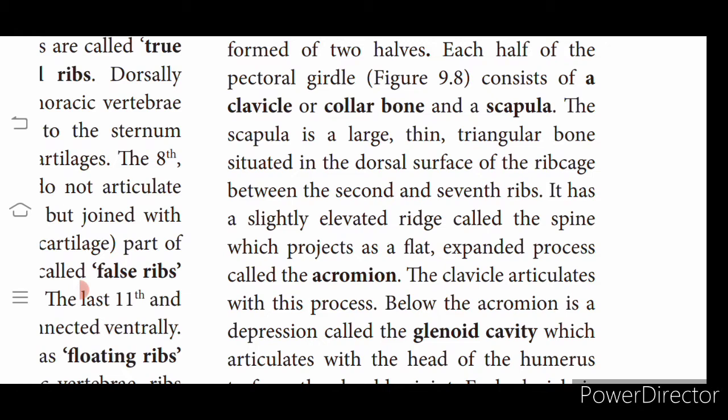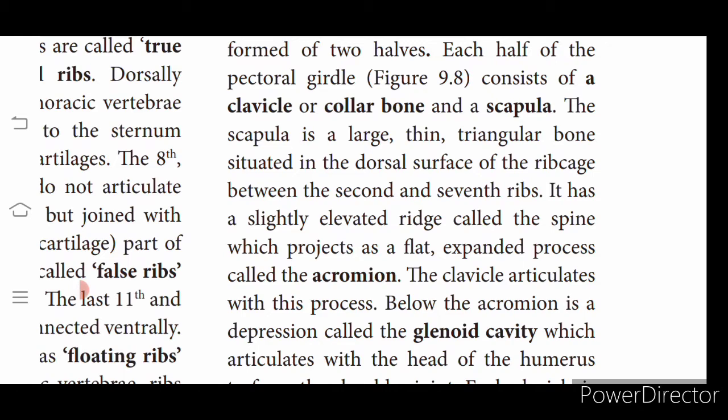the clavicle or collarbone. You can touch and feel the area where your shirt collar comes in. There is a bone that is called the collarbone. The scapula is a region at the back. When you touch your back on the side, you will have a triangular shaped bone. You might have seen it in children at the back. Near the hand there is a triangular shaped bone. Yes, that bone is called the scapula.